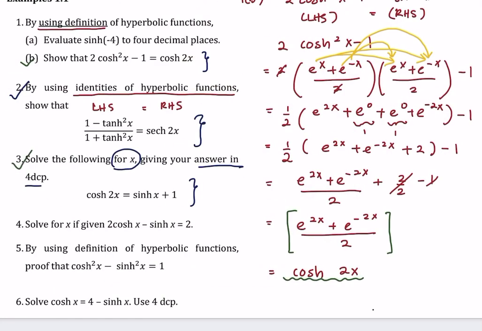Okay, this is okay. So you can do it by yourself: number 4, number 5 and number 6. Okay, so number 4, solve for x. Same as number 3. Okay, number 5, by using the definition of the hyperbolic function. So meaning that one is the same as 1b. So this one is equivalent to number 3. This one is equivalent to question 1b. This one, solve. Okay, so this one is also equivalent to